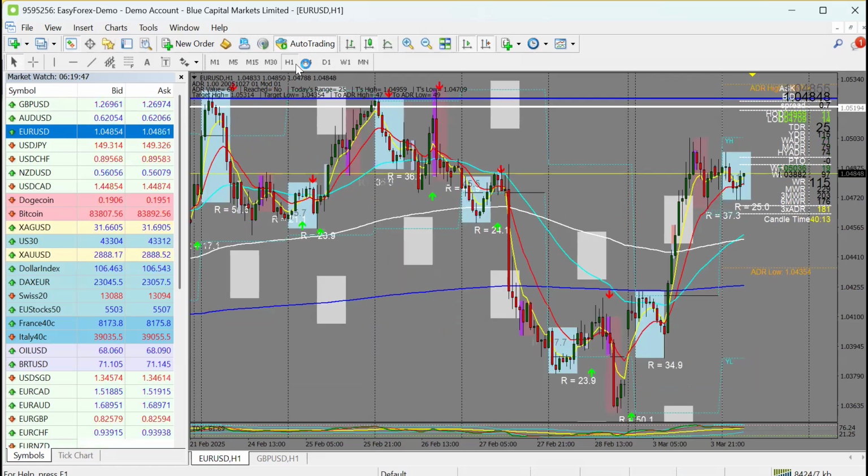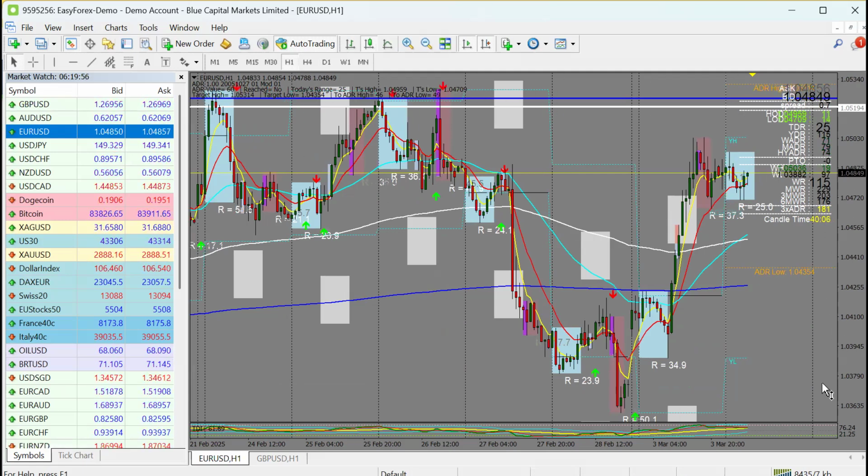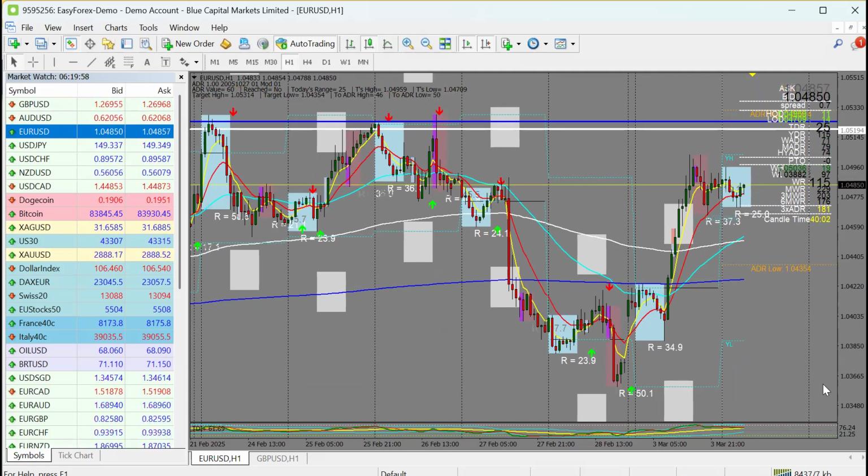So looking at this market on the lower time frame, yesterday we saw the market having that bigger run. So for this market, we're trading to see if it will approach the previous high. This is one of the trades we'll be checking to see if we can get some opportunities, and that is on ADR high.